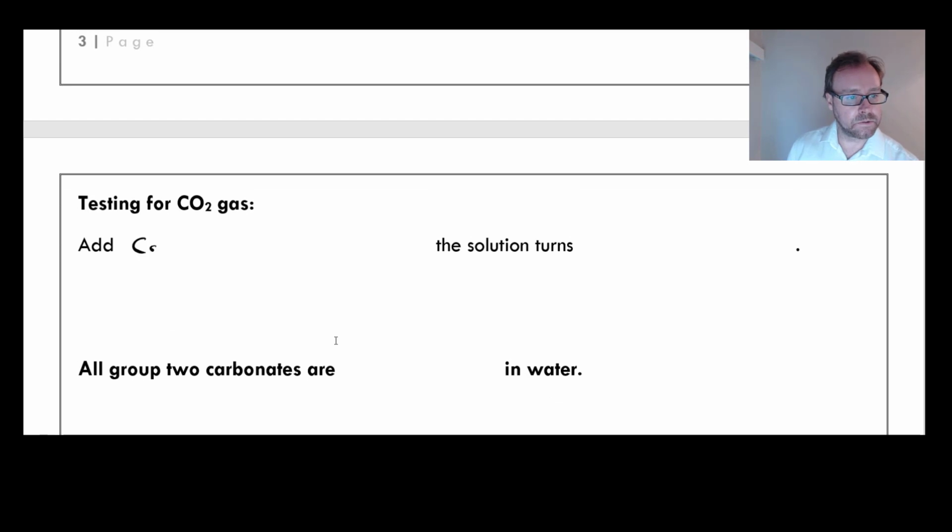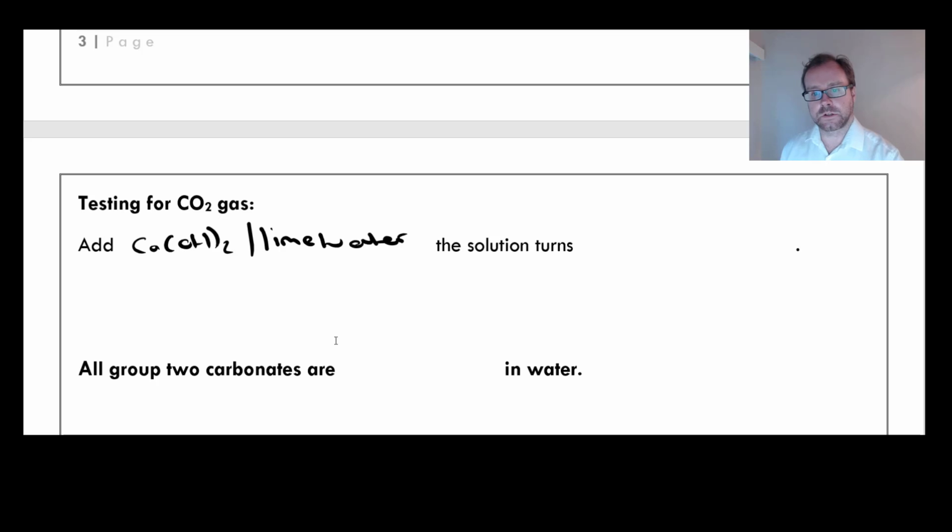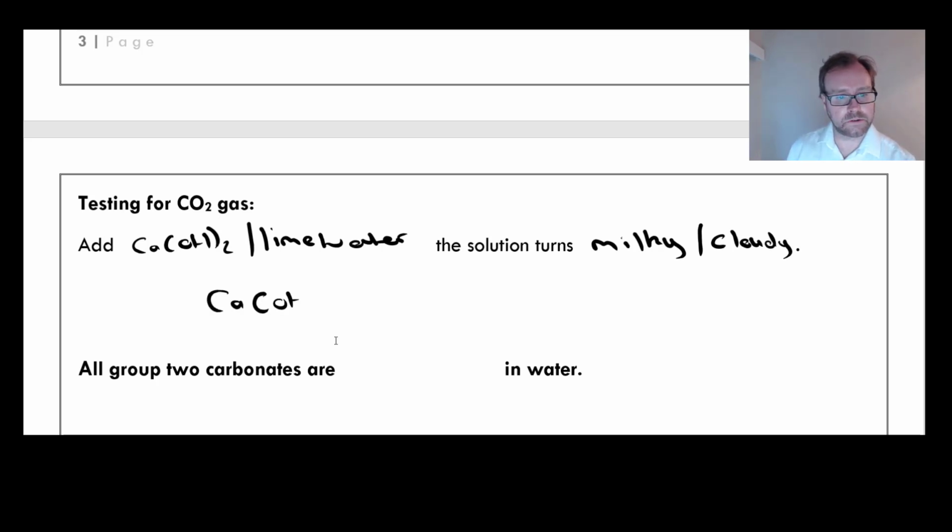Okay, next thing, so testing for CO2 gas. So we would add calcium hydroxide, which is also known as lime water, and the solution will turn milky, or you may also see it described as cloudy. So what's happening? Well, we have our calcium hydroxide plus CO2, let's get rid of that. It shouldn't be solid because we've said it's lime water, so it should be aqueous,